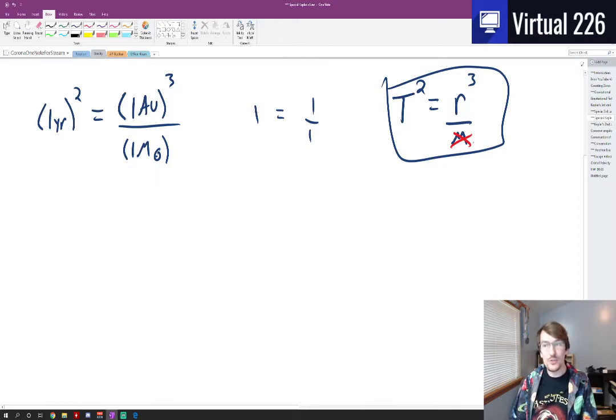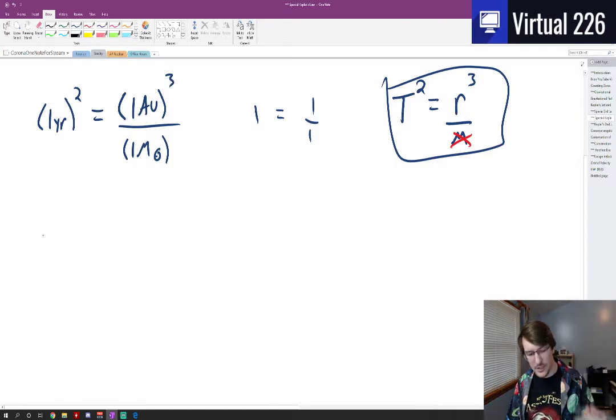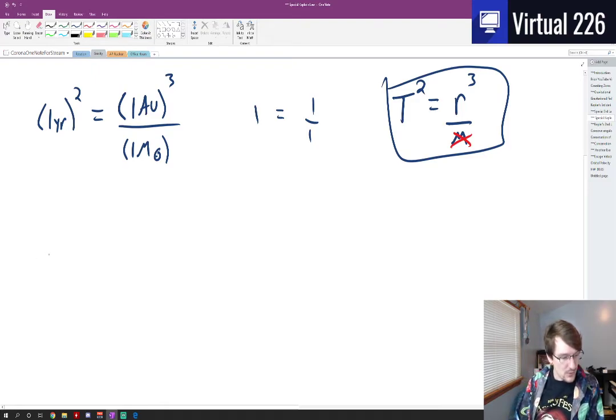But for our own solar system, you don't even have to remember that, which is nice. What this does is it allows us to quickly determine orbital periods of things if you just know how far away they are. Or if you know how far away they are, you now know the period. So if we think about this, based on our little cheat sheet, that the orbital radius